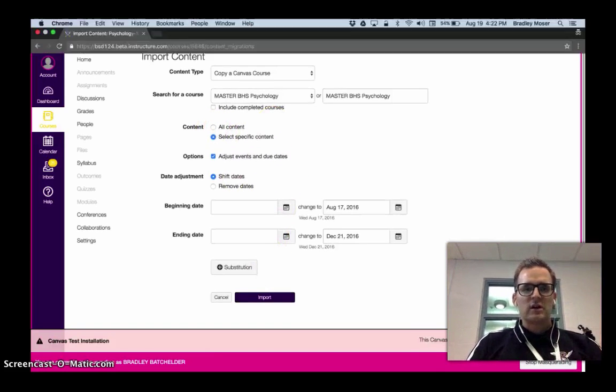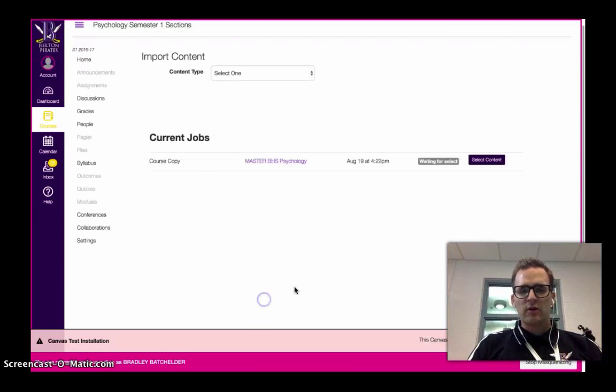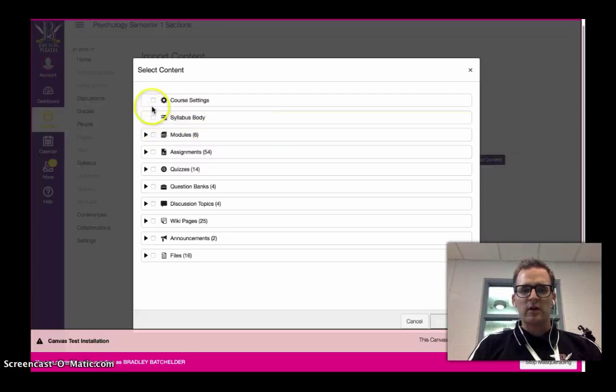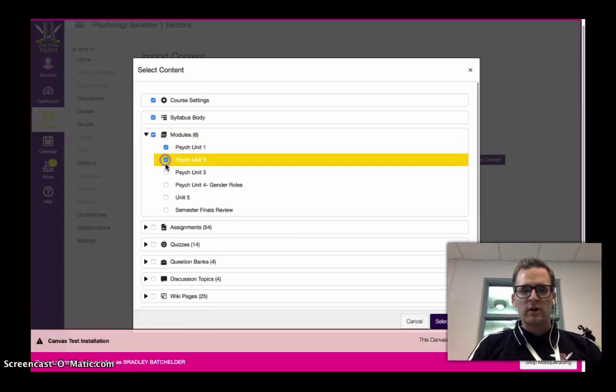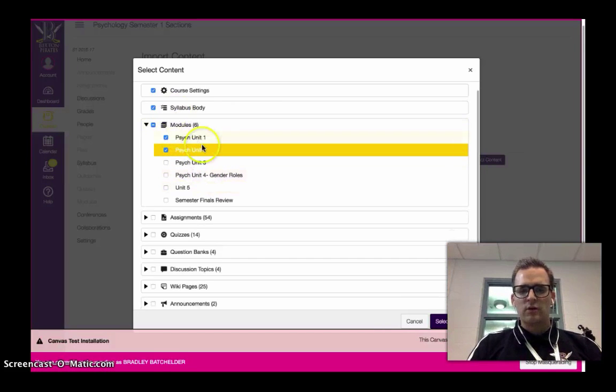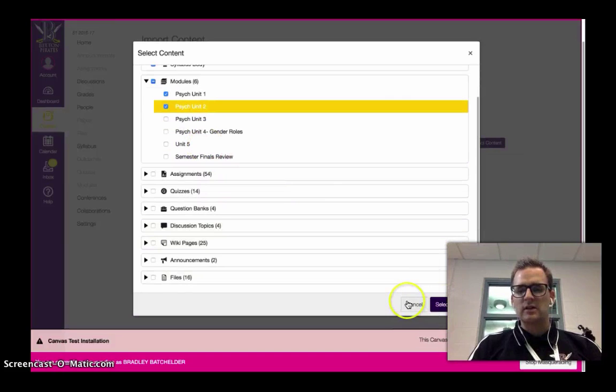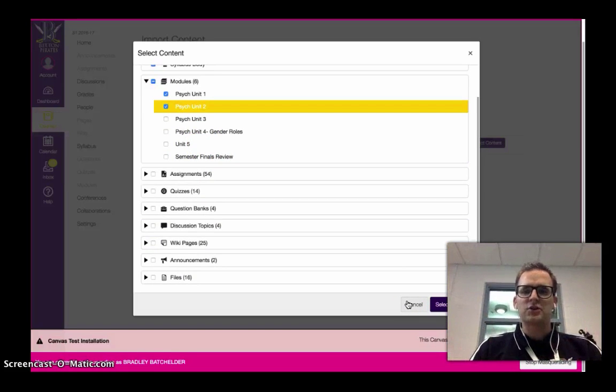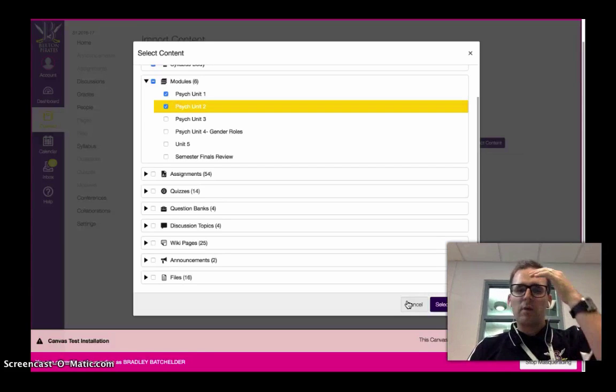If you choose import some, then you get to select the content that you want to pull in. Maybe the settings, the syllabus, and I only want to pull in Unit 1 and 2. I don't need Unit 3 and 4 because of whatever reason. And so you have the option to select some of that content and pull it in. So that's a quick rundown on how to import content into your course and updating you about the post to